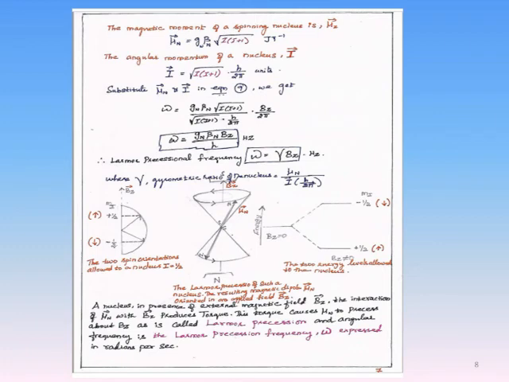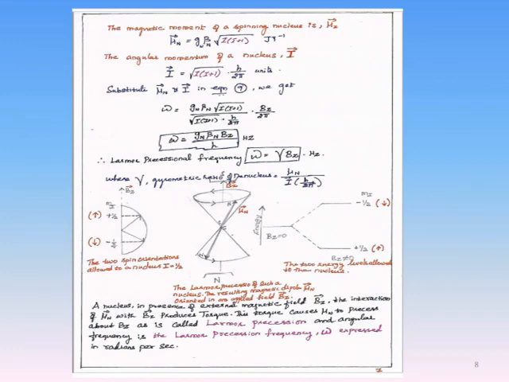On the left side we represent the two spin orientations allowed to a nucleus having nuclear spin I is equal to 1 by 2. And on the right side we get the energy states. In the absence of the applied magnetic field they are degenerate, and in the presence of the applied magnetic field the two energy levels are split into the alpha spin as well as the beta spin, that is, the upward spin plus half and the downward spin minus half.